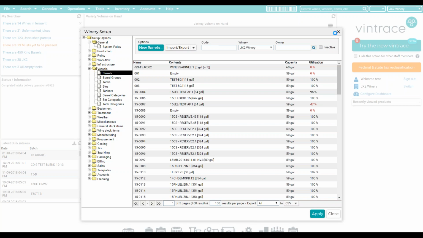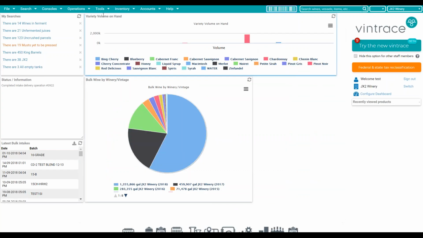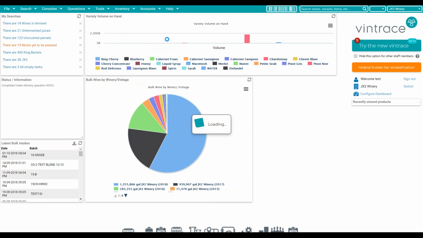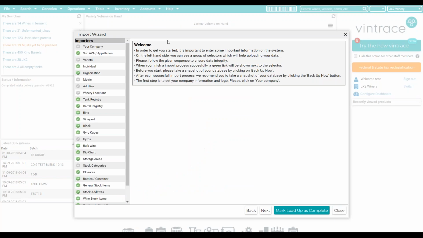So I'll just jump out of the winery setup. You can also do this under our tools menu. We have an import wizard. This is something we normally use to set you guys up when you first come on board to vintrace. But this is all the different things that you can import and export. So you've got fruit bins, obviously you have vessels,